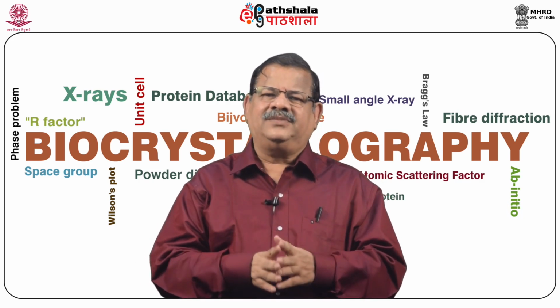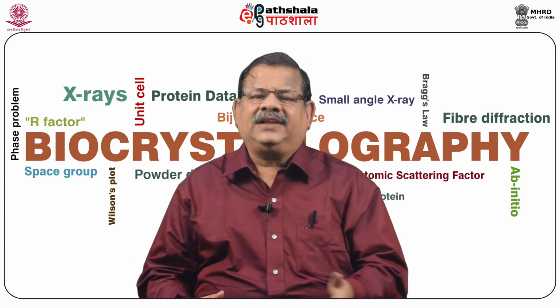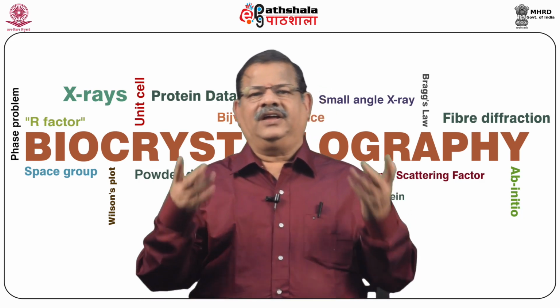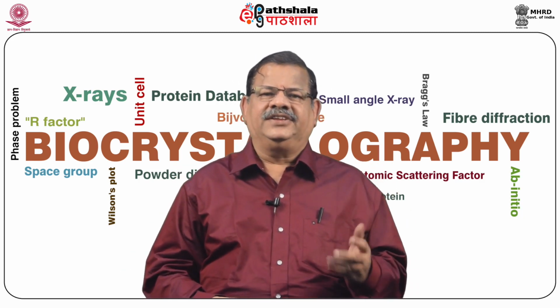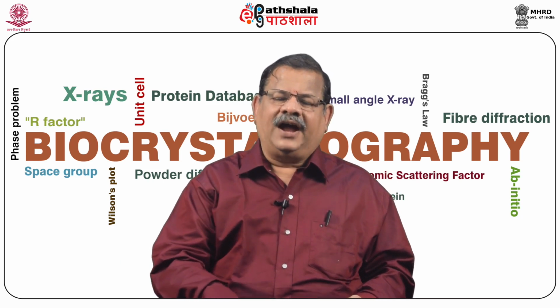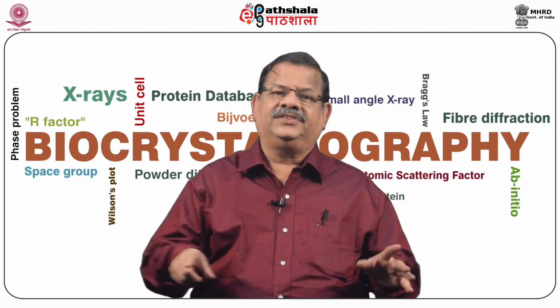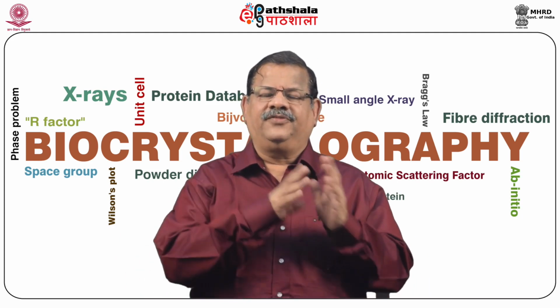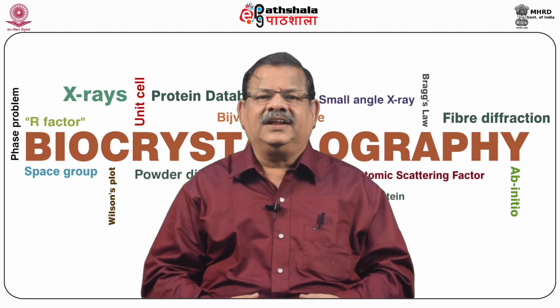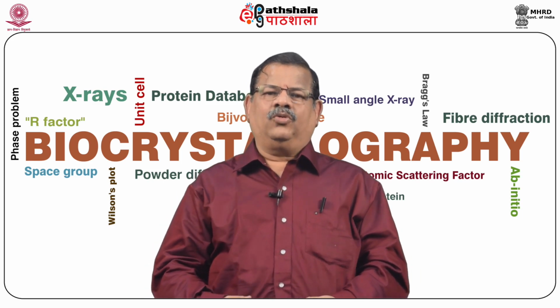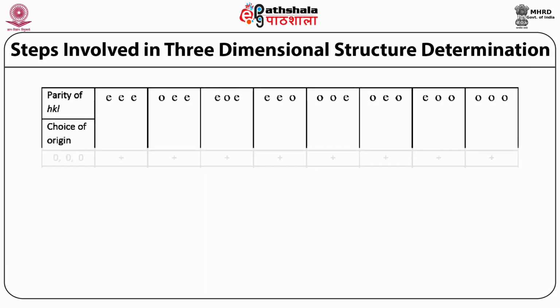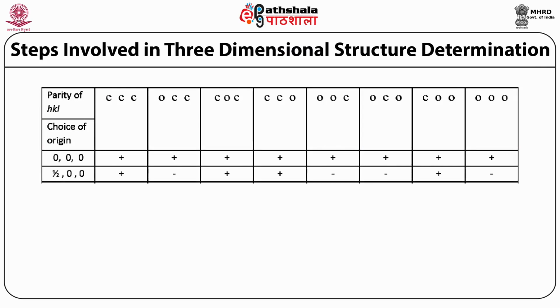The E map is like an atomic graph, no? The atomic peaks will be printed. When I was doing my PhD in the 80s, we used to connect each peak, draw the lines by hand, and mark the bond length and bond angle, everything. Now it is automated. So if you feed the peaks, we get the 3-dimensional picture on the screen within 1 minute. This is an important part in the field of direct methods.